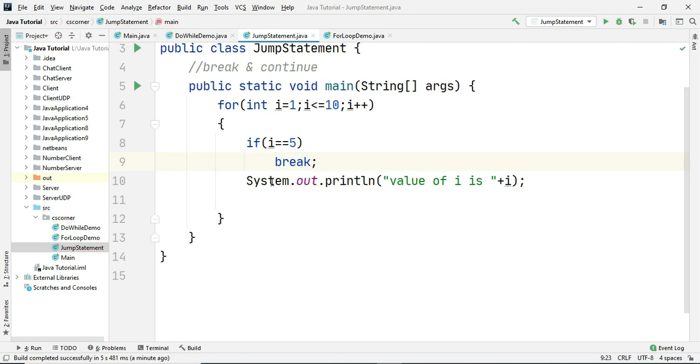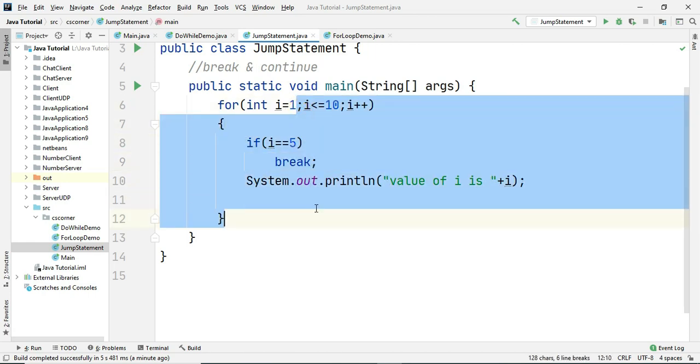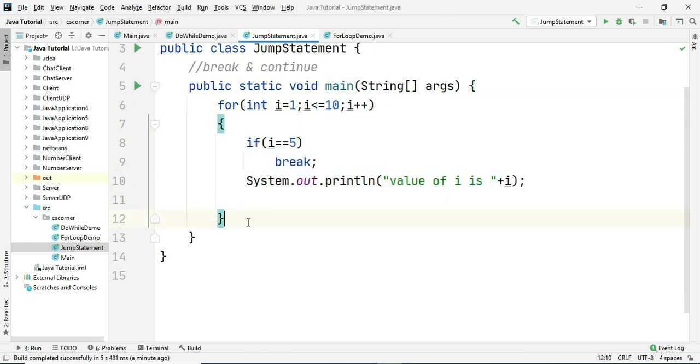So I'm writing: if i is equal to 5. This is a comparison operator, it compares the value of i with 5. As soon as my i value becomes 5, the condition becomes true, and then it executes break. What is this break statement? It stops execution of the loop and comes out of the loop.